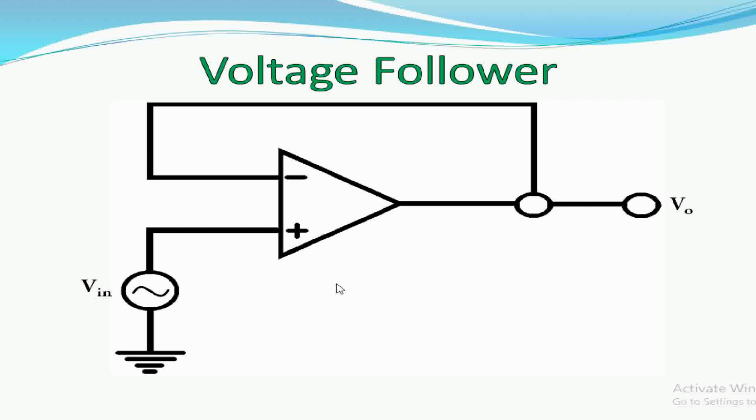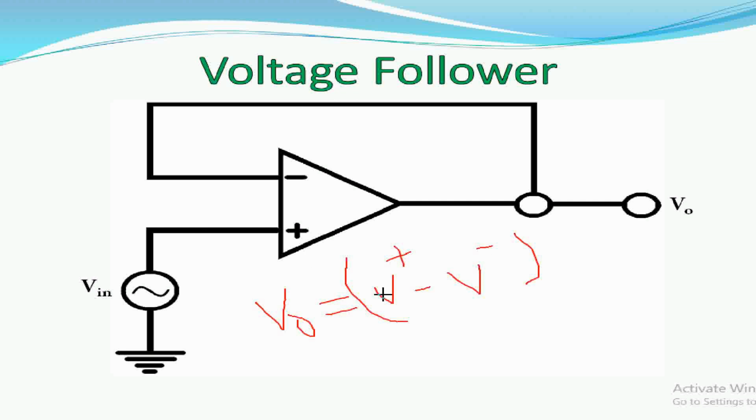And this is your voltage follower. If you see this voltage follower, generally V out is equal to, here the feedback is unity, there is no feedback resistance. V plus minus V minus, generally it is. Before that we were having some resistance here.